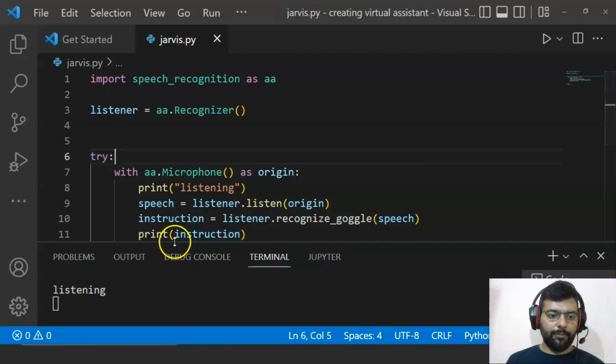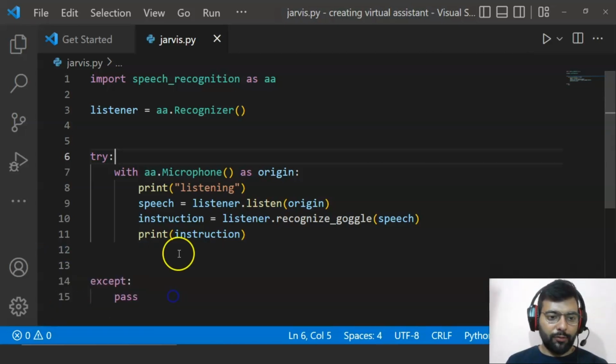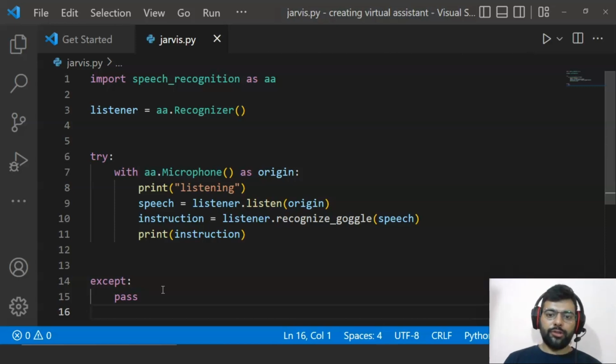So our code is working, as it can listen to us, but it can't respond to us as we have not imported the text to speech module. So we'll work on that. Now we'll write a command to detect the word Jarvis in the instruction, as we are giving the instruction and storing it in the variable instruction. As we are naming our assistant Jarvis, let us detect the word Jarvis in it. For that, we'll use a conditional statement